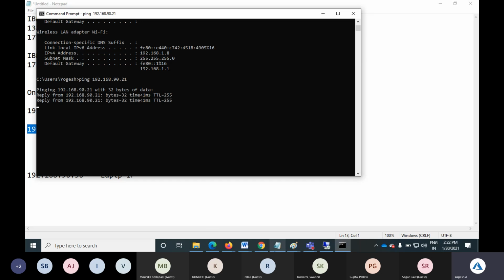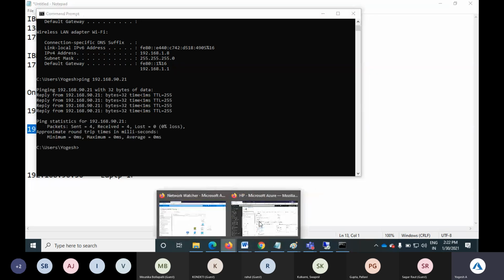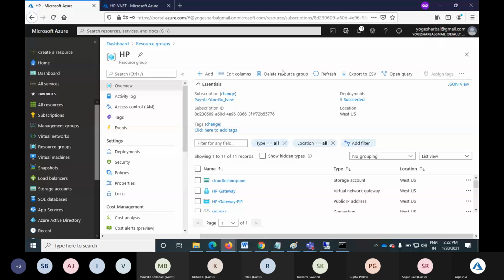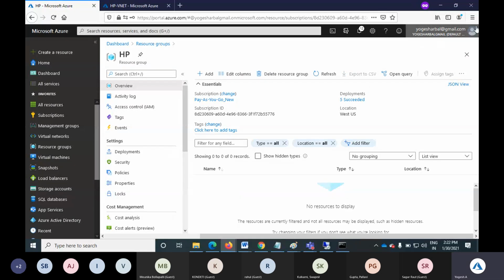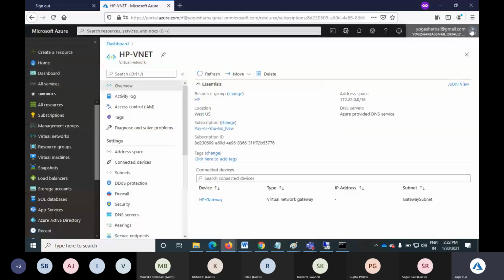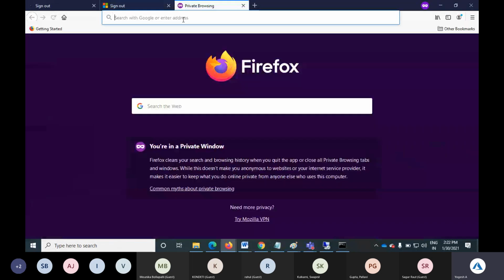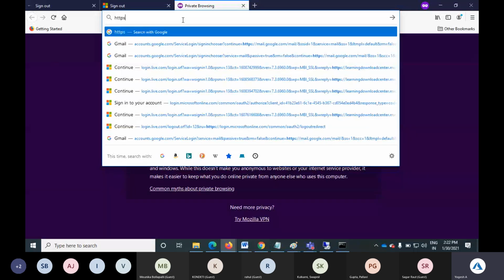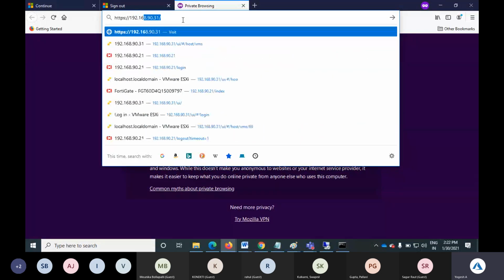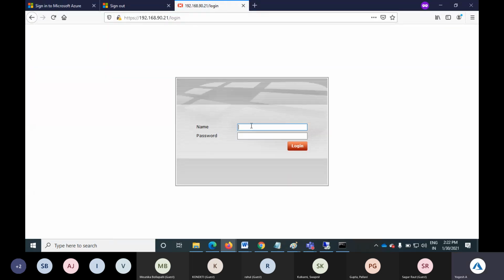Yes, we are able to ping, right? So, yet all we are not using, right? So let me sign out here. Let me sign out, and HTTPS 192.168.90.21 is my firewall. Okay, so admin,